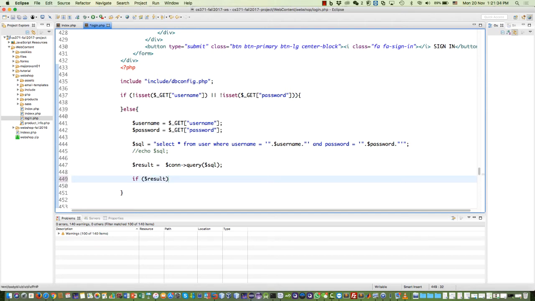If result num rows, yes, not num rows equals 0. So if it is equal to 1 it's fine, else... okay, so here we find something, it must be equal to 1, yes. Okay, else